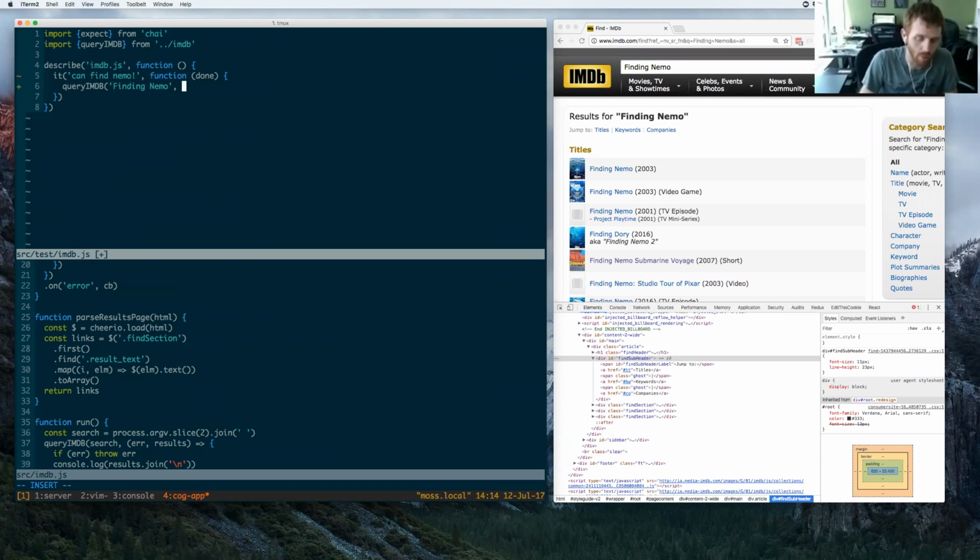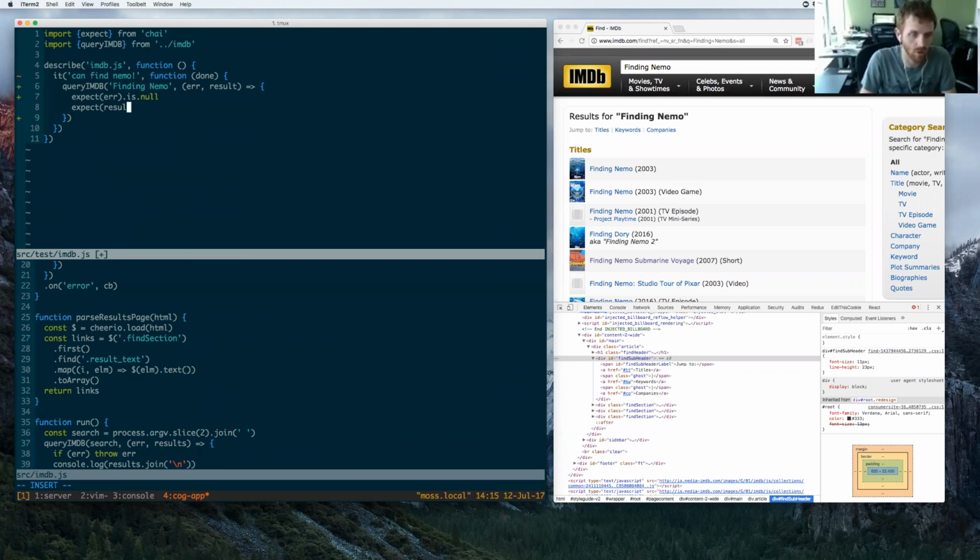And then it takes a callback that gets called with an error and the result, just like most node callbacks. So I can just call this method, and then inside the callback, I can make assertions on these parameters getting passed with the callback. So I can say I should expect that the error is null,